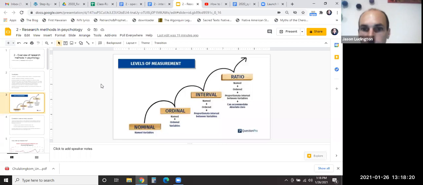The next one is interval. When I ask you how happy you are on a 1 to 5 scale, that's an interval scale. 5 is more than 4, just like first place is better than second place. But the difference between 5 and 4 and the difference between 4 and 3 is always 1 unit different. Whereas with the ordinal scale,